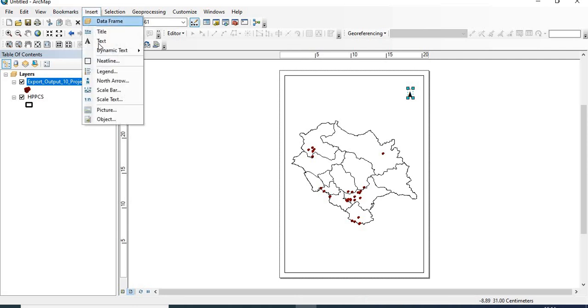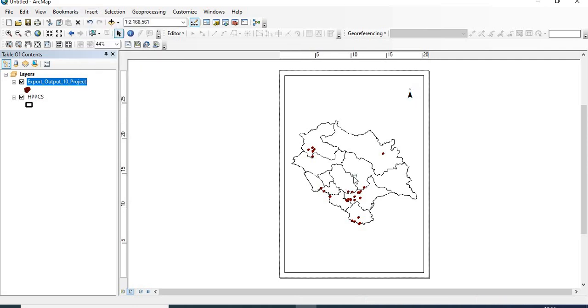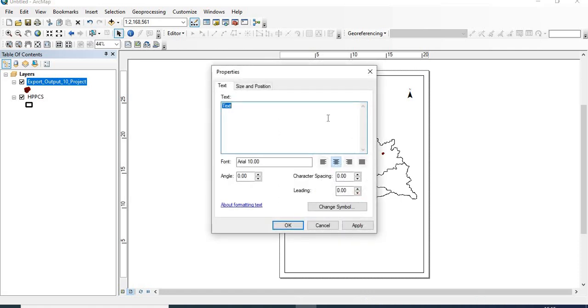Then go to insert and, so this is the text, and simply we have to write the title of the map.